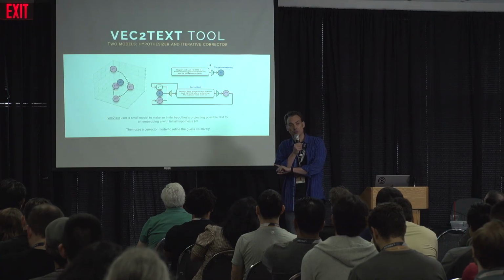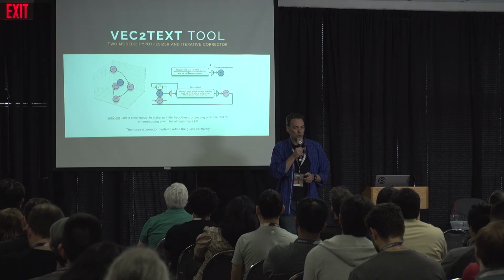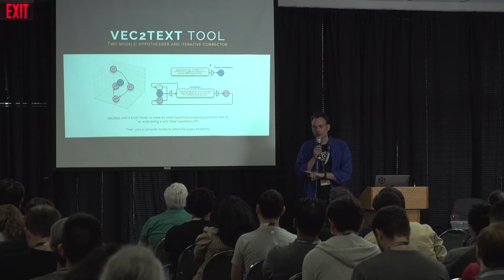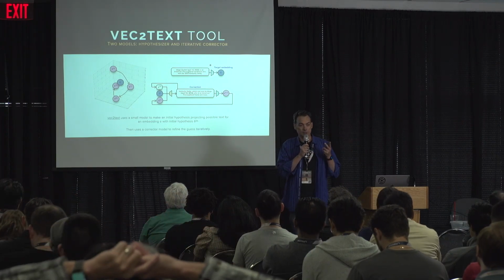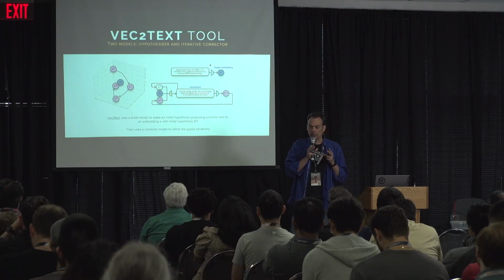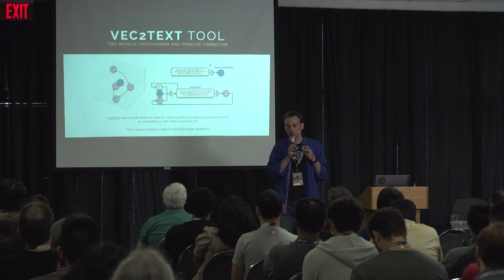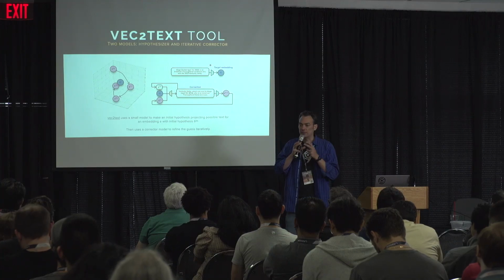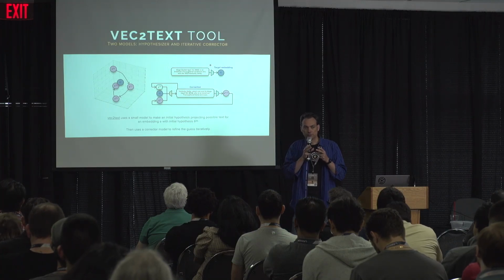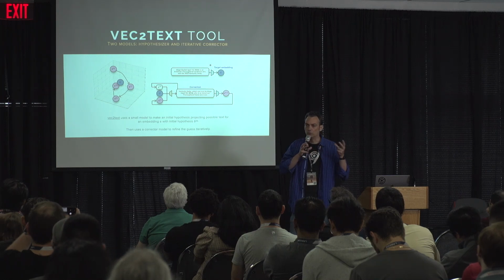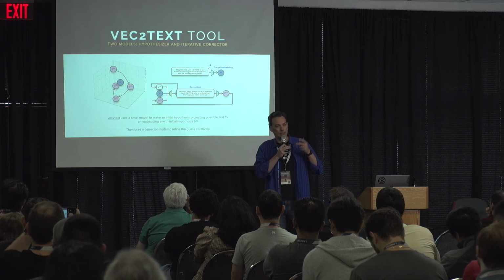In this next demo, we're going to use an open source tool called Vect2Text. And Vect2Text is a little bit different than what I just told you because it uses two models. The inversion model, they call the hypothesis model, and they make it much smaller. It gets a lot less training, it's a lot cheaper to build. Because they have the second small model called the corrector model. So they first make a hypothesis that's kind of lousy because it's not a super big model, and then they refine it until they get to the end.